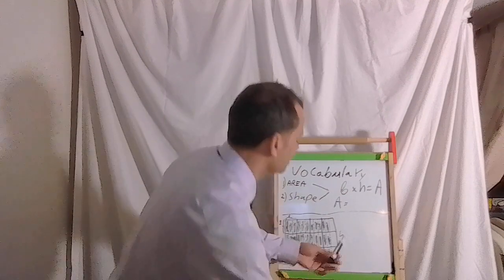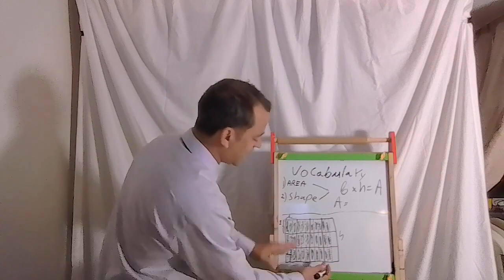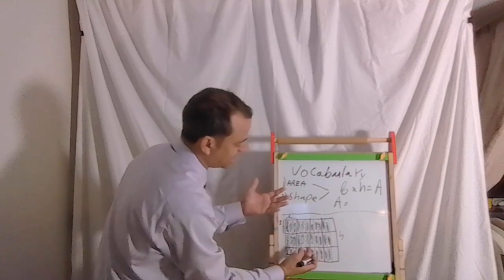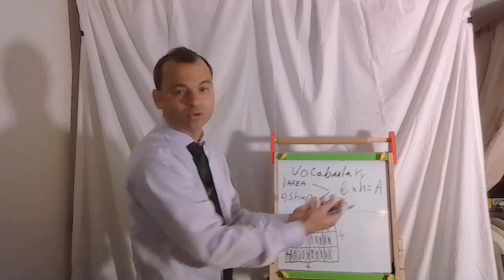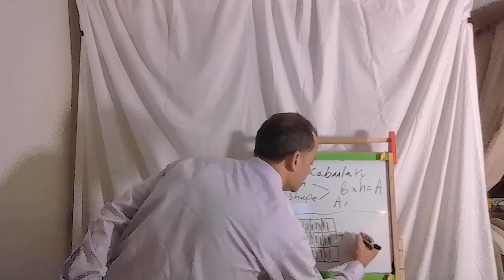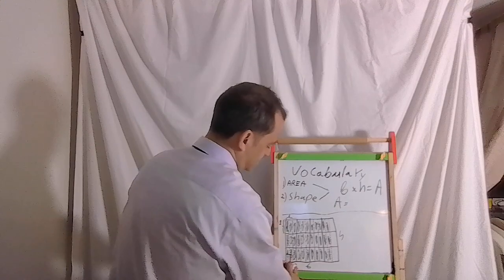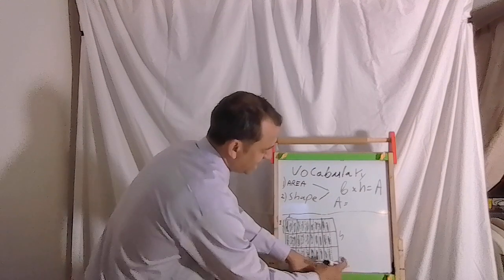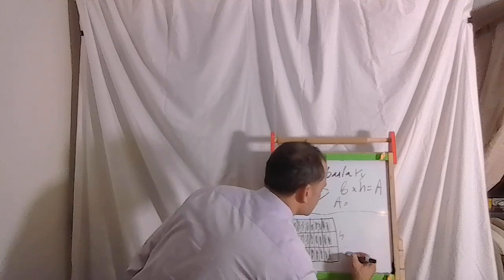So now let's calculate this. And basically we have our height, which is 1, 2, 3, right? But first we count base times height. But in multiplication, the order doesn't really matter. So you can change it as you wish. So this will be, let's count our base. So 1, 2, 3. And then here we have 2/3. So this is going to be